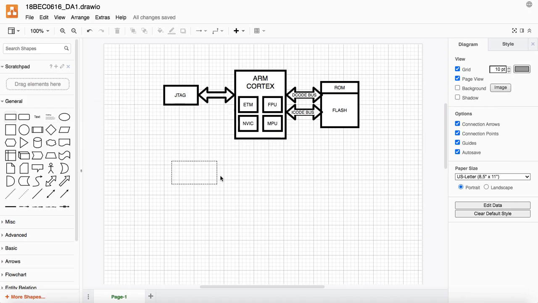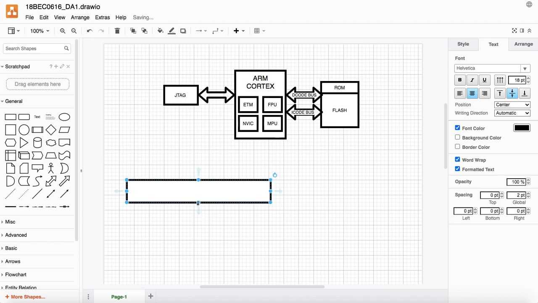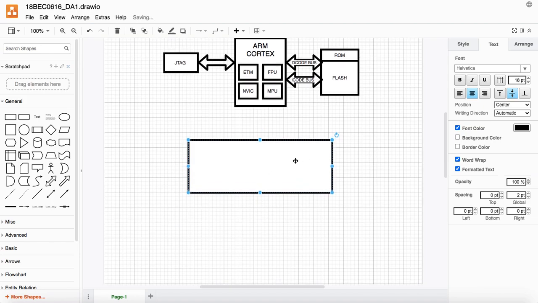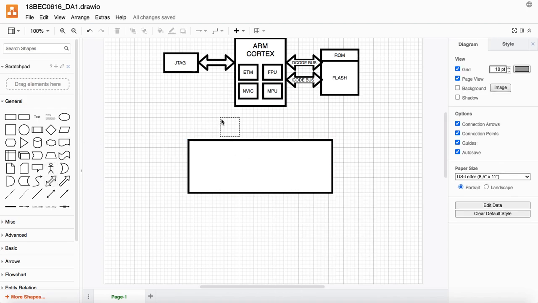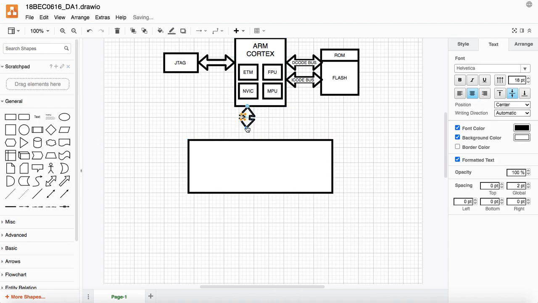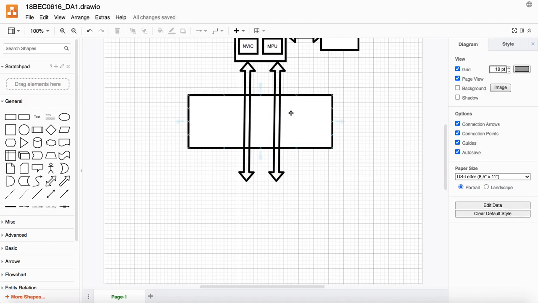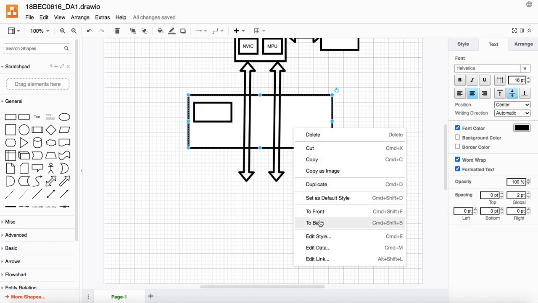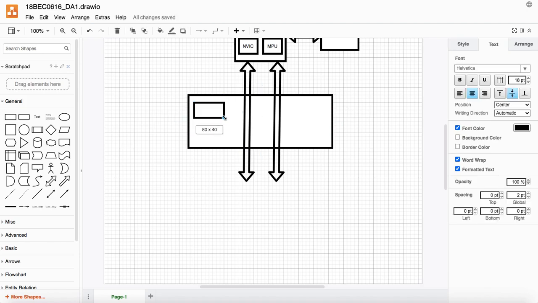Like I said, the block diagram of the microcontroller has three main parts: the system peripherals, the serial peripherals, and the analog peripherals. So I can do that by bringing the rectangle. I can also bring the arrow accordingly and place it here. If this block diagram needs several blocks in it, I would send it to the back. What this does is make sure that the arrows come in front, and then I can move it accordingly.